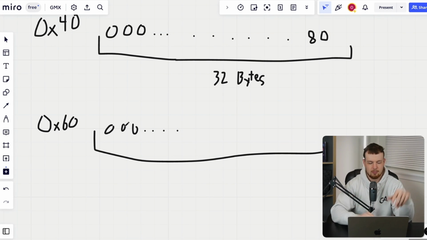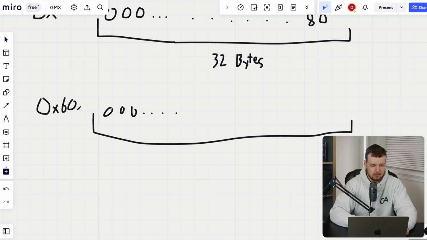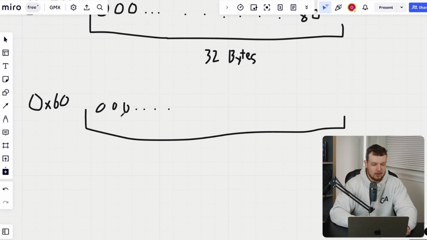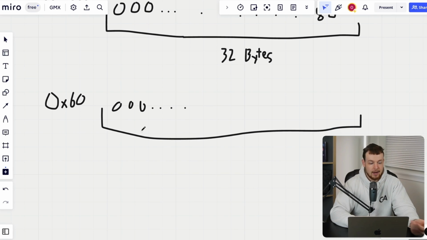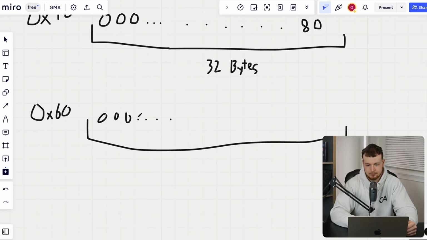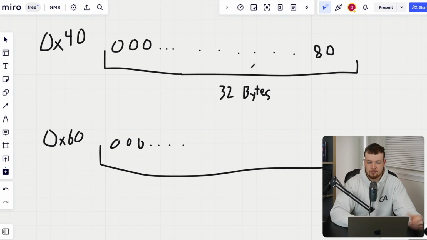This is supposed to be blank and empty for this 0x60 word. So this is used as the initial default uninitialized value for things like a dynamic array. It needs to have some sort of null value, and that is exactly what 0x60 is going to be used for. So this is exactly why the free memory pointer at 0x40 is hopping over 0x60 and saying,